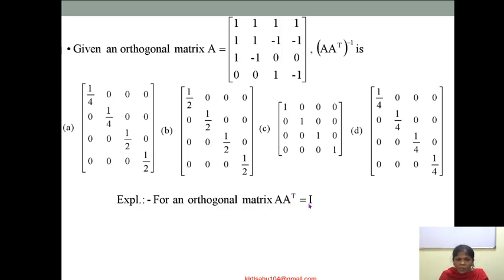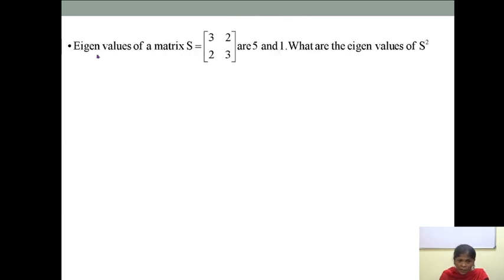So A into A transpose is I. I want the inverse of this, so just taking the inverse on both sides. I inverse is I, so what we get is an identity matrix. So obviously that is the third choice in our options. In this way one can get the answer easily just by using some elementary concept. So I suggest, before solving the example, go through the question and observe it carefully. Is there any special thing given in the matrix? You will hopefully find the special things about the given examples. Okay, now let us move to the next one.